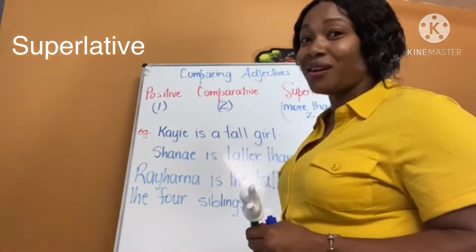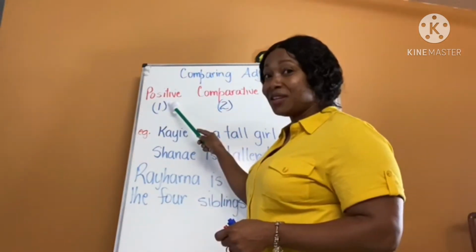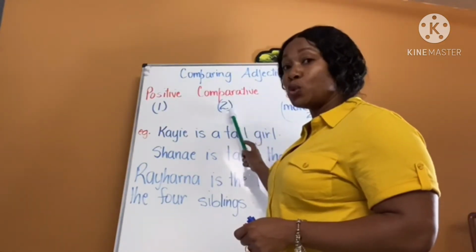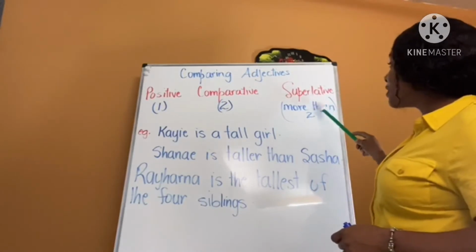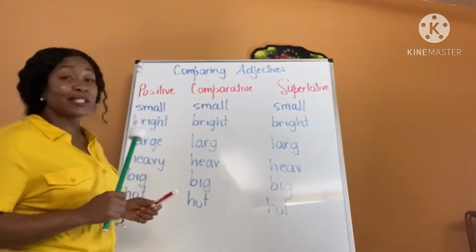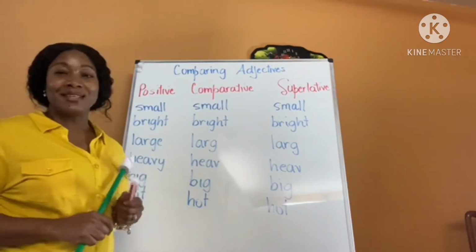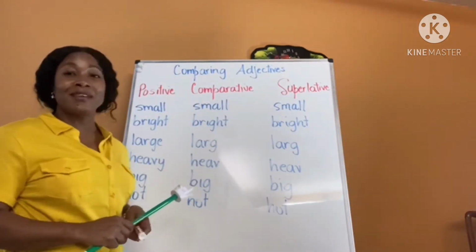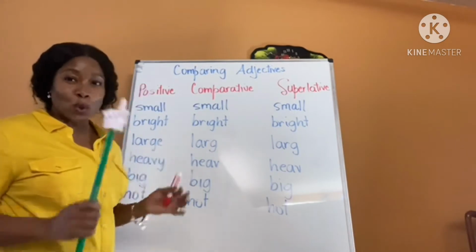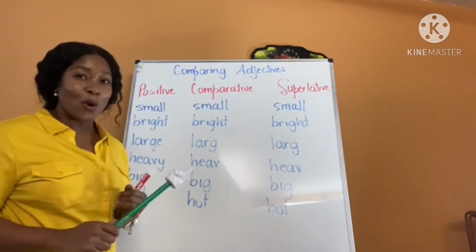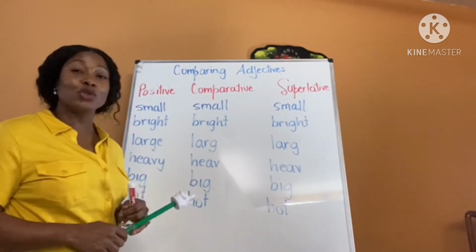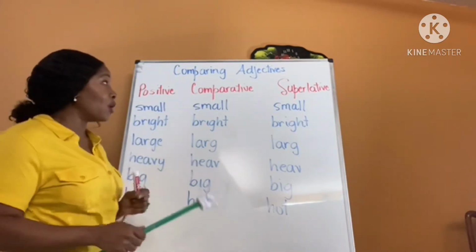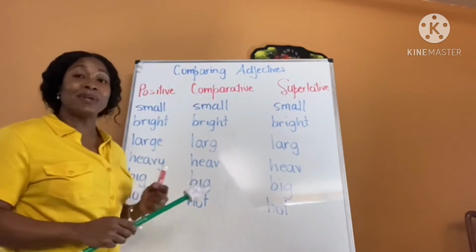So the 3 degrees of adjectives are the positive, used when you're referring to only one, the comparative, referring to only two, and the superlative, referring to more than two. So for some adjectives, we simply add er for the comparative and est for the superlative. These adjectives are most single syllable or some 2-syllable words. So most words with only 1 syllable and some 2-syllable words form their comparative degree by simply adding an er,